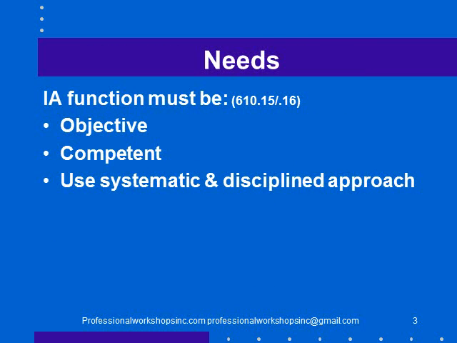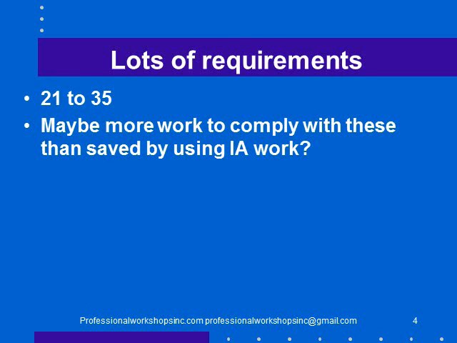Now, in order for us to use internal audit at all, the function must be objective, competent, and they must use a systematic and disciplined approach. And there are lots of requirements. Paragraphs 21 through 35 describe all the things we need to do and document in order to use the work